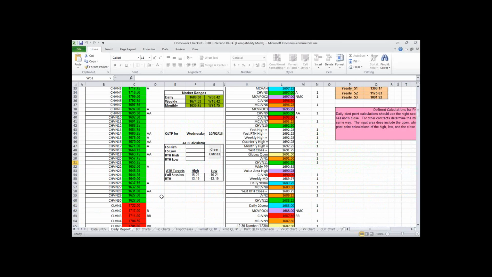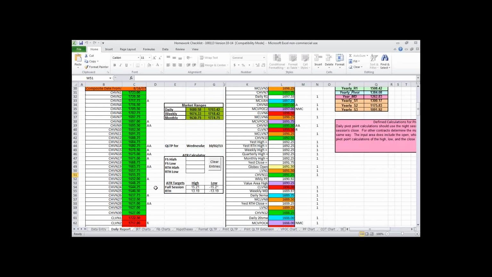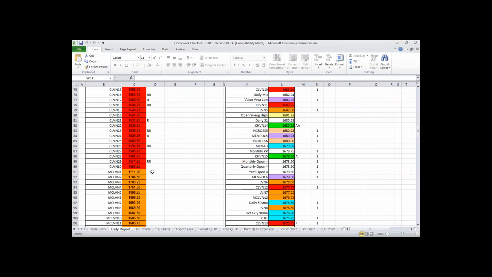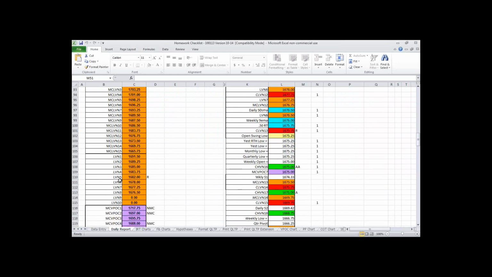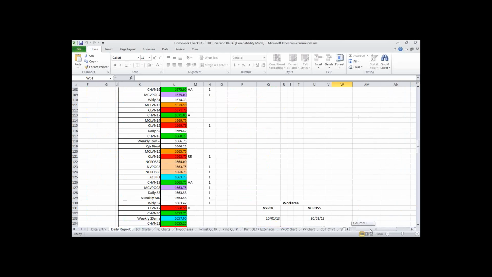Going over to the daily report, because we're in that balance still, there really hasn't been any move between the CHVNs and CLVNs or microcomposite LVNs. Yesterday, key LVN is 1682. We have a new microcomposite VPOC at 1688, which is naked, and one at 1697, and we'll go through that when we get to the charts.